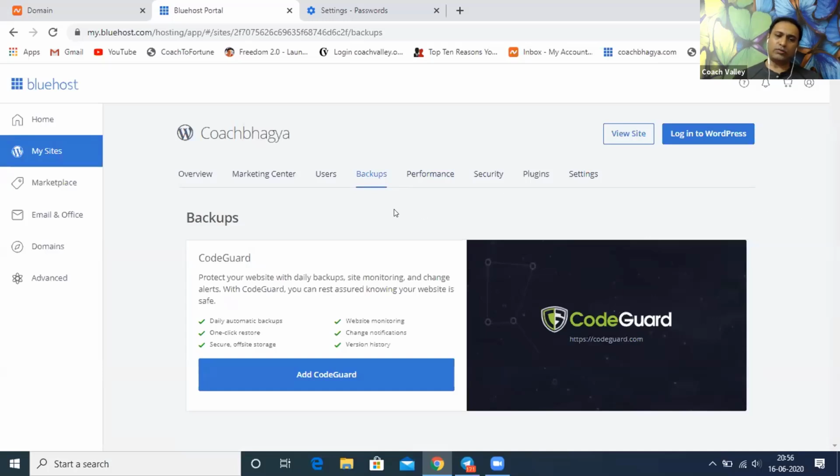Because you should know how to use the backup, how to unzip it and put it back and all this stuff. For now, till you learn all this, I don't think it's required. And there would definitely be an option to take the backup, which I'll talk about later. So this is fine. I think we're all set. The only thing is Marketing Center. Users, I think we're done. Go to Marketing Center quickly.